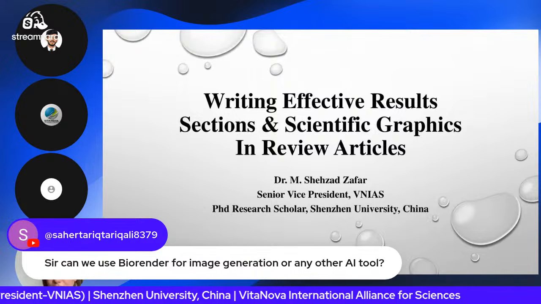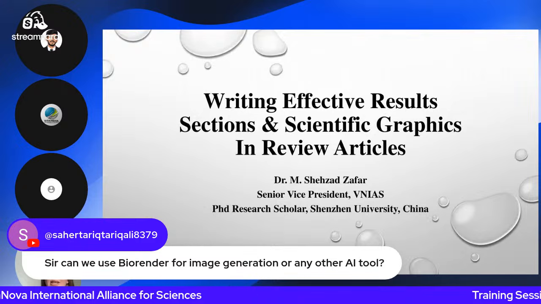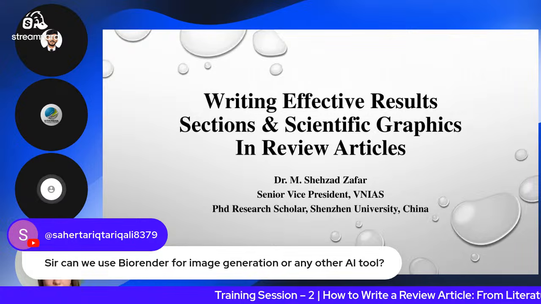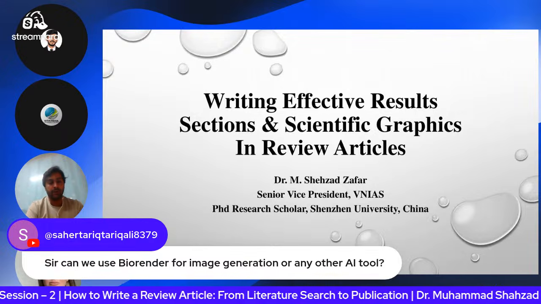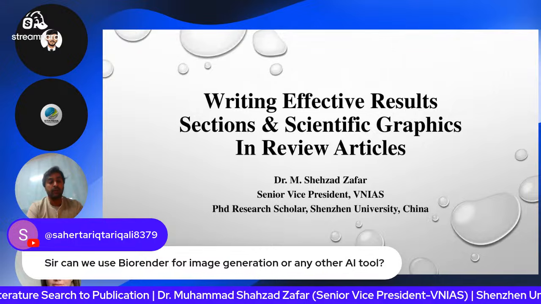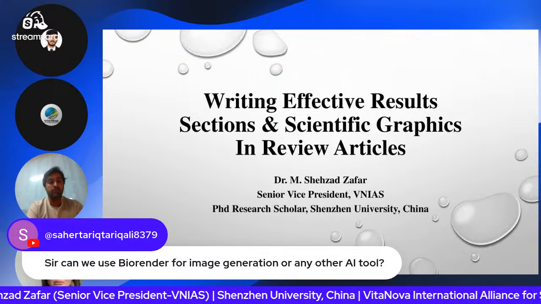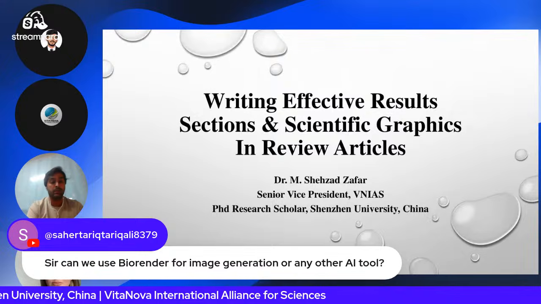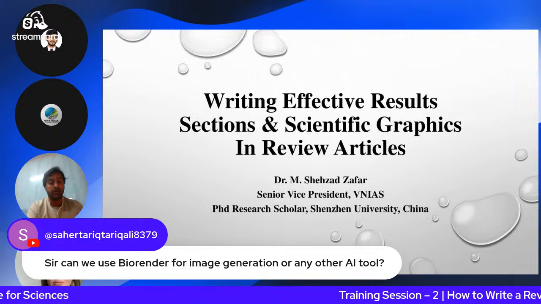Okay. First question is, can we use BioRender for image generation or any other AI tool? In BioRender, you can easily find the biological organs. Multiple kinds of biological organs are available there. You can generate a figure through AI or some other tools. You need to give the command, the prompt to the AI. It will help you to create a figure, but you must draw that figure by yourself by using BioRender or Canva